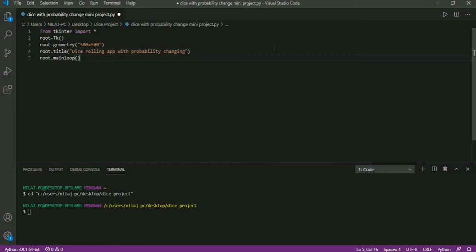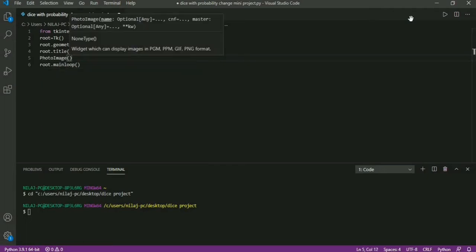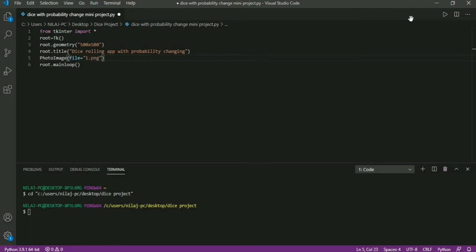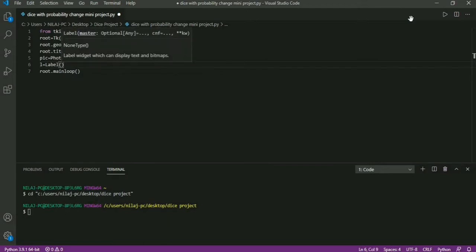Now I will use photo image function of tkinter module, photo image, and here I will pass my file name 1.png and I will store in variable named as pic. Now I will create a label named as L, and here I will pass root, my main window, and pic as image.